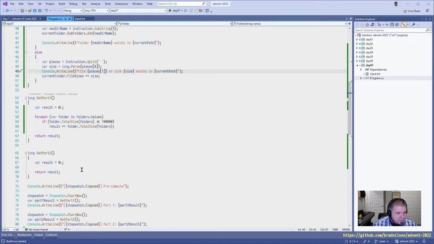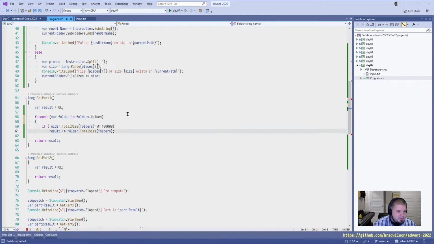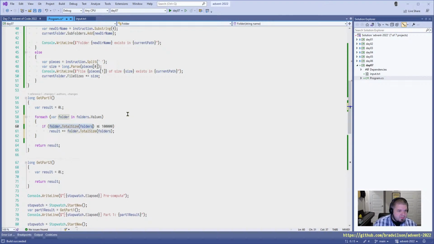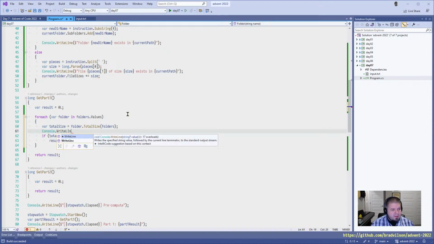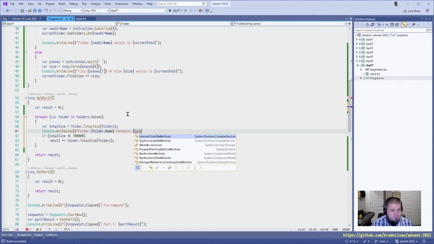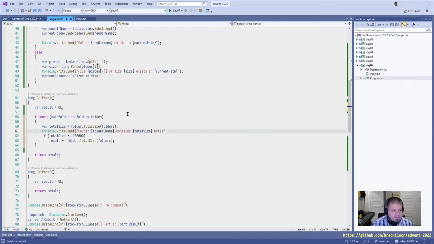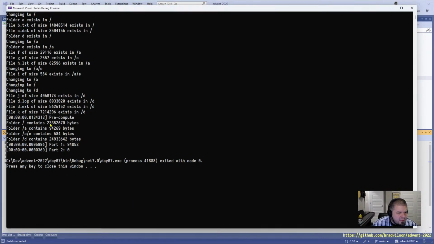That all looks okay. So then let's do this here, which is total size. Let's extract this for total size. And we'll do a console write line: folder name contains total size bytes. All right, so that's total size, and that's total size. Okay. So slash is that, so